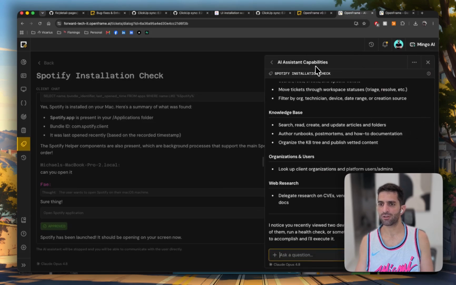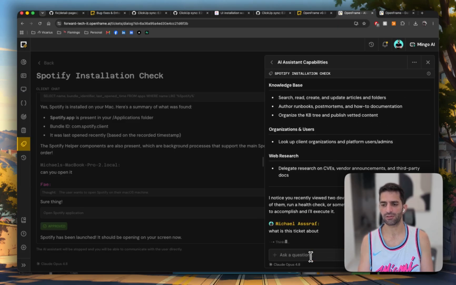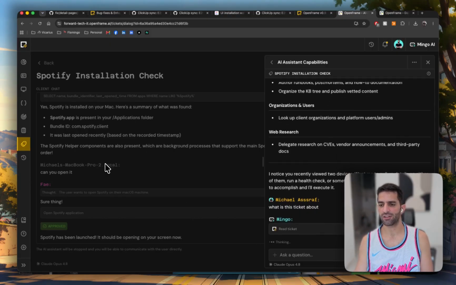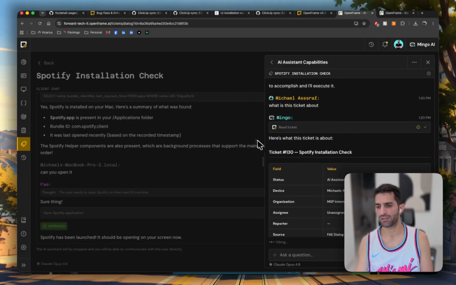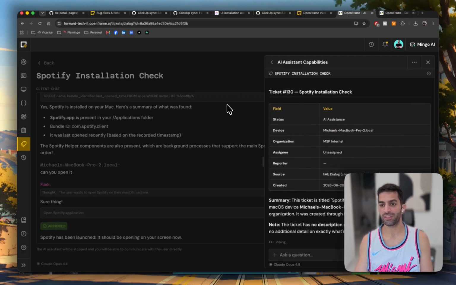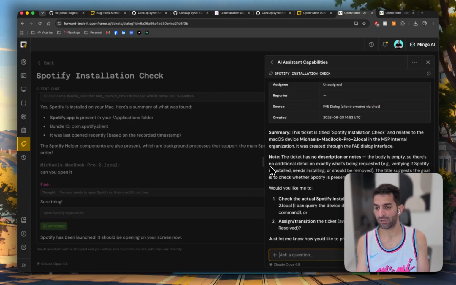If I go to Mingo, you see that right here I have Spotify installation check. What it means is that Mingo always has the last 5 screens of your scrolling history. So if I ask it, what is this ticket about? It already has the entire context of this ticket in its memory. We used to have the dedicated Mingo inside of the tickets, but it's no longer